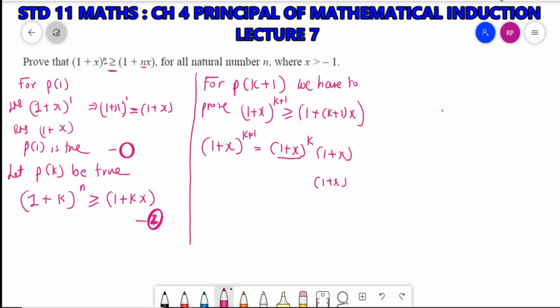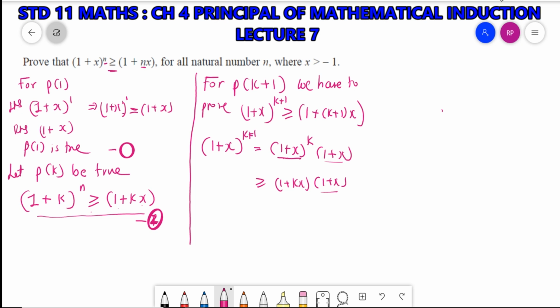Now for (1 plus x) raised to k, I can use equation 2. It is greater than or equal to 1 plus kx. So I can write down this will also be greater than or equal to 1 plus kx. See, 1 plus x I have written as it is. Now (1 plus x) raised to k is greater than this. So (1 plus x) raised to k into (1 plus x) is greater than or equal to (1 plus kx) into